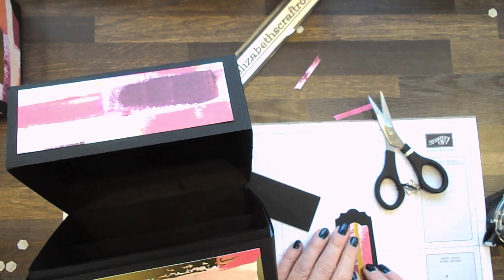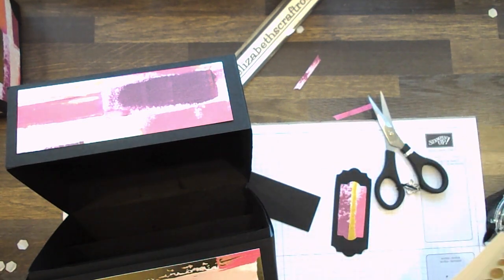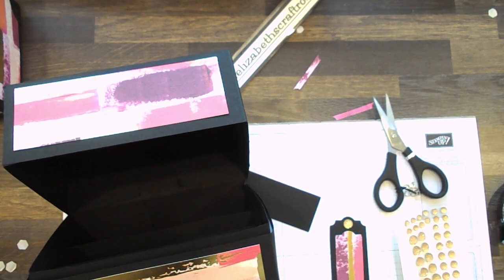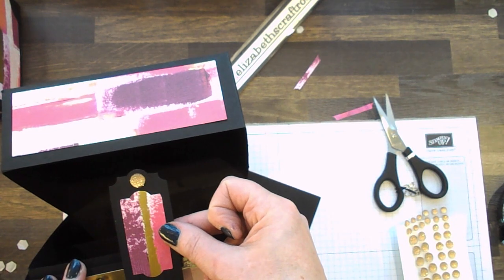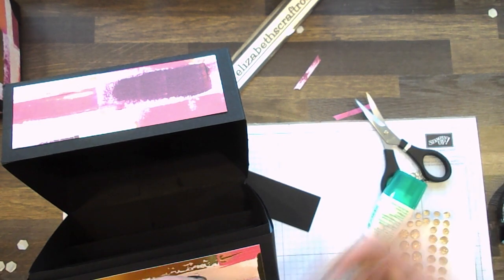And then to finish off, and actually to give this project some weight, I'm using, and again included in my class was half a pack of the faceted gems in gold, and I'm popping one of the large ones at the bottom and top, and again that weight is actually going to help the lid sit down and sit comfortably as we go. So I'm just going to put some Tombow just at the top there,